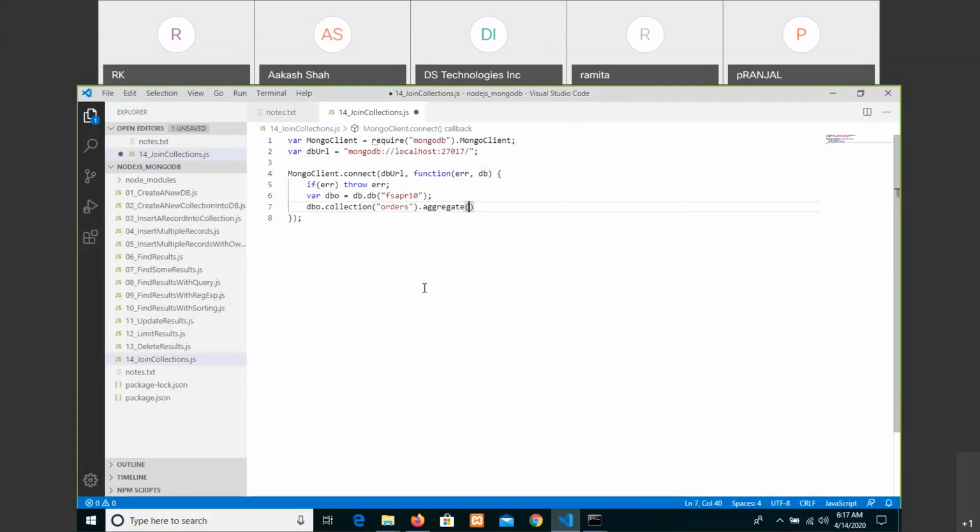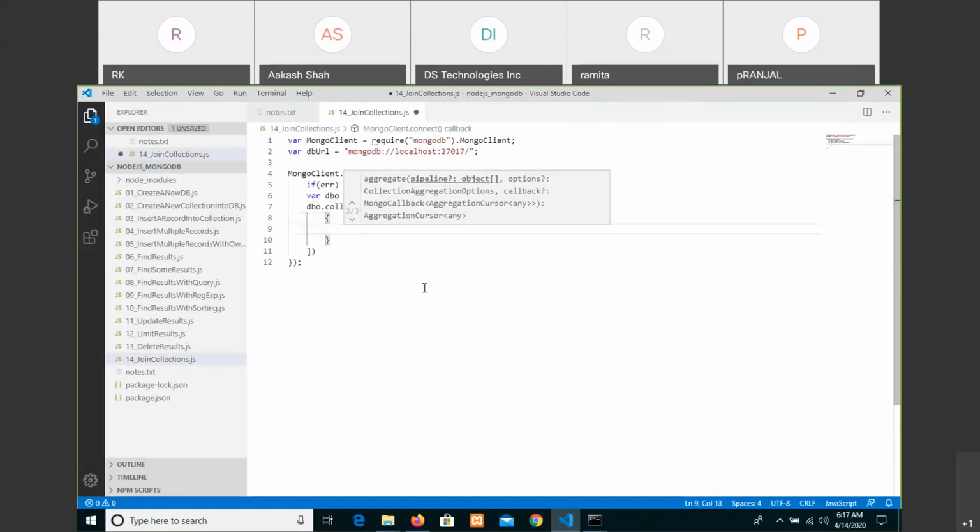Aggregate is a built-in function. Inside that, we are grouping and getting the results by searching with the lookup. Okay, lookup.